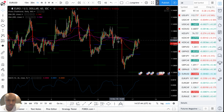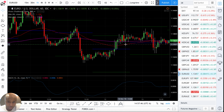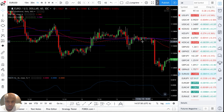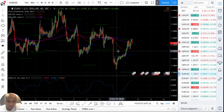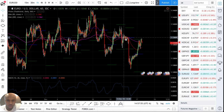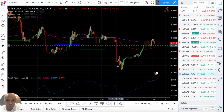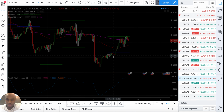Even here, this looks nice, but I don't think I would have been able to say, oh, this is a pullback and I'm going to take this short. There was nowhere else that really told me that this was about to drop off like that. That's a big move too, right here. Euro USD,